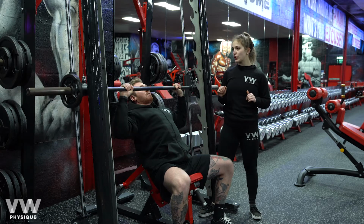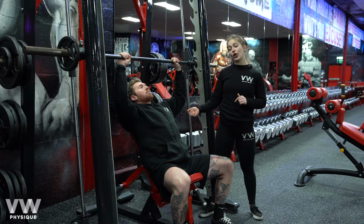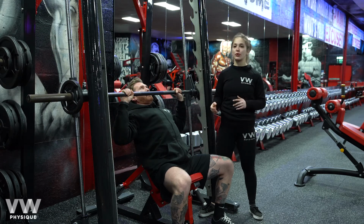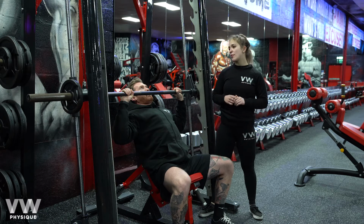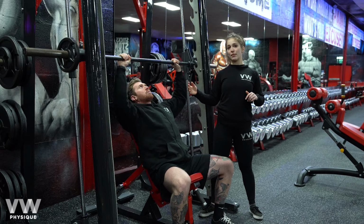From here, Ali's going to push the bar all the way up, and as you can see, as you come down again, you're only going to bring the bar down to about your ears or mouth level, whatever is comfortable for you, making sure that your wrists are comfortable, and for some people it tends to be on top of their elbows. From here, press up again, and just making sure that throughout the movement, you're keeping your back pulled back